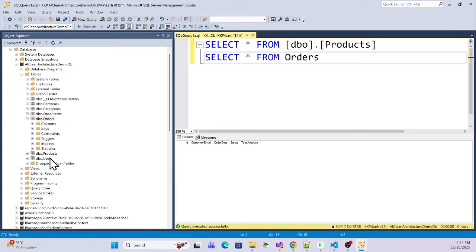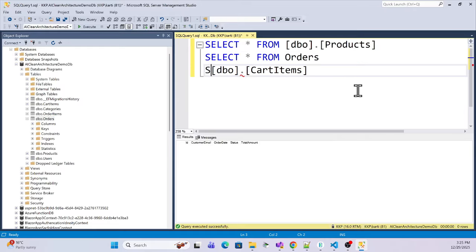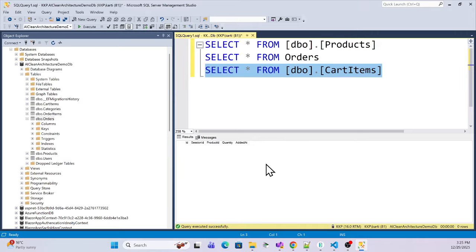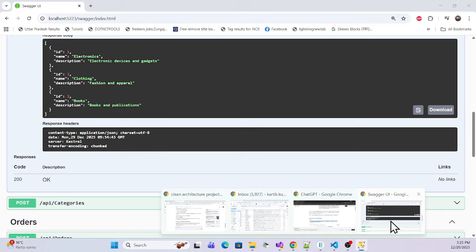Okay, even that cart item, yes, this is that cart item. So select star from this, and if I see the cart item, nothing. So what I'll do is check why the order is not properly saved, right? So for that,